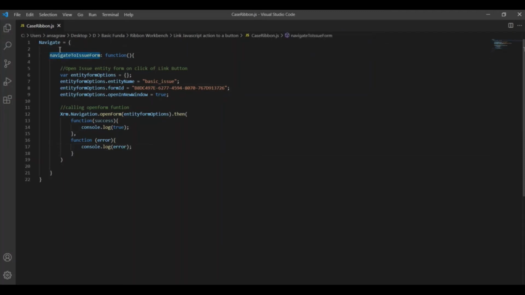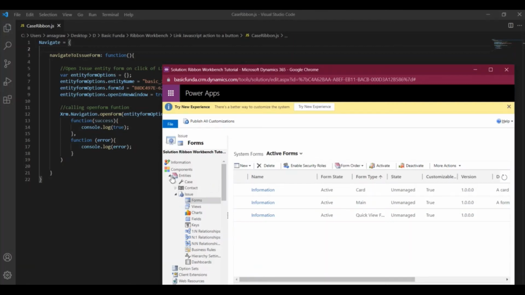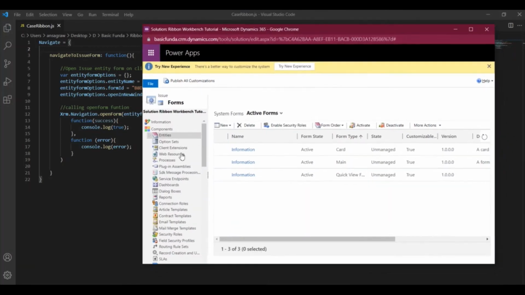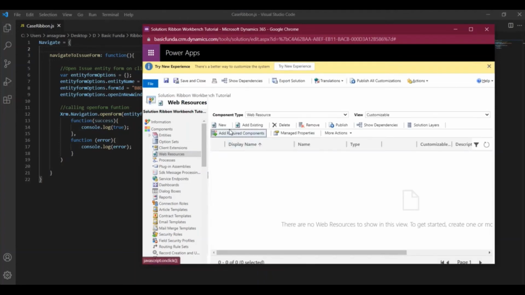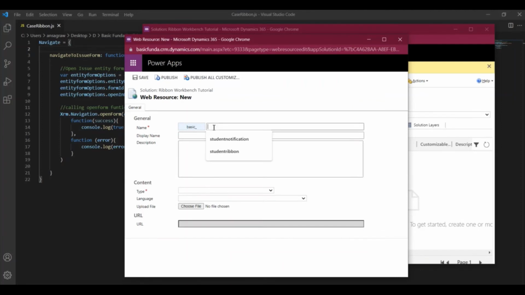So now it's time to create a web resource file. So what we will do is I will create a web resource file that we are going to associate with our button. So I'll just name it navigate to issue entity.